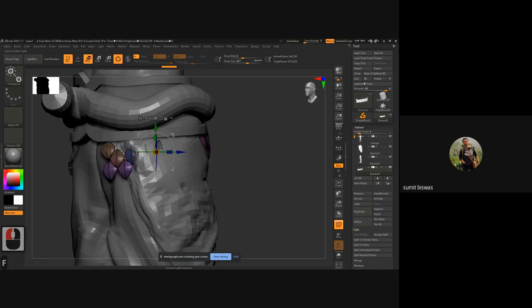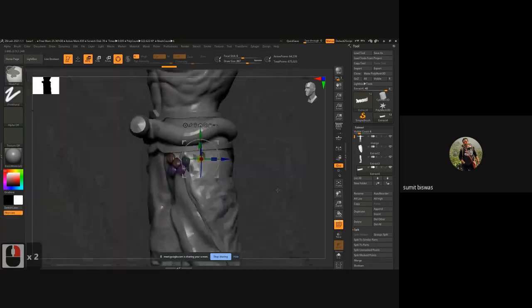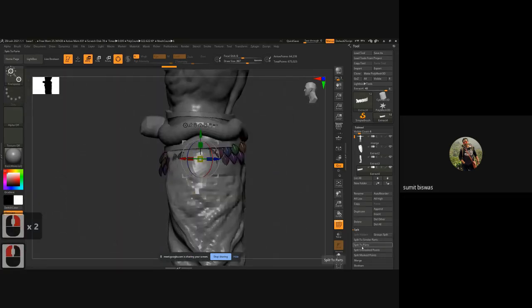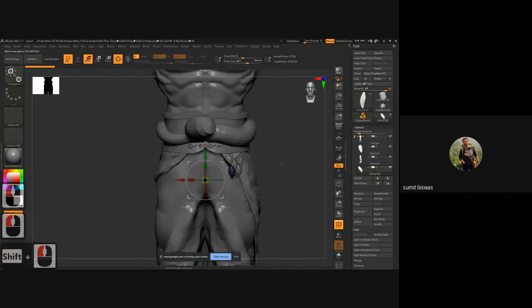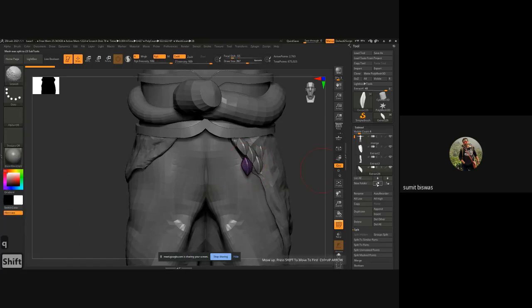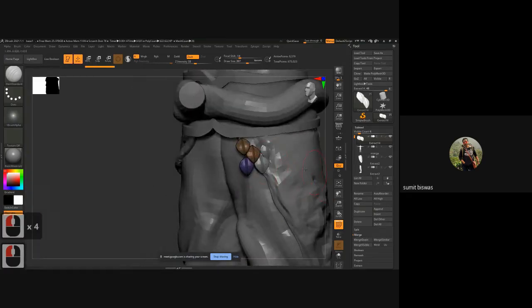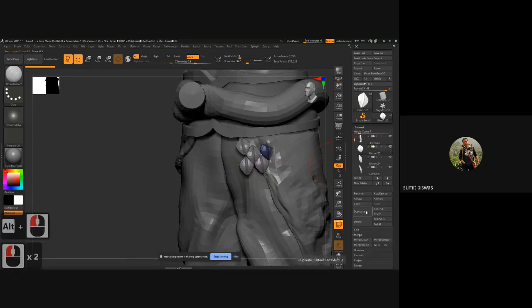Shift F and check. So now I have all these parts. I don't need all these areas anyway. So split into parts, delete everything. Control, this is selected. Shift, move up. Click on this, press Shift and move up. Press Alt, click select that, move up. So I have all three aligned, then merge down, merge down. So these three are merged together and the rest of these I don't want. I'm going to delete that.